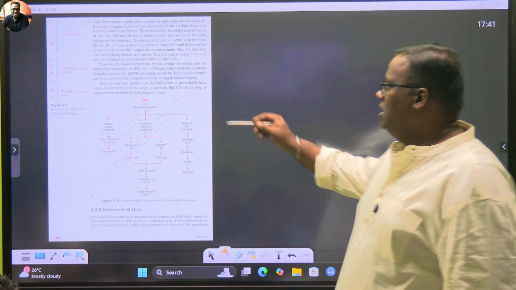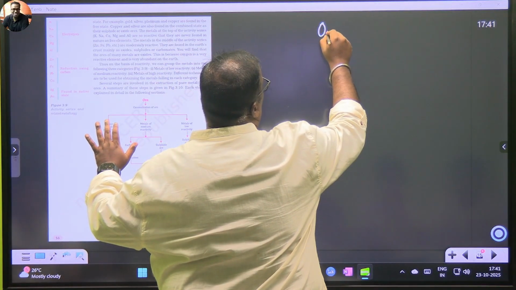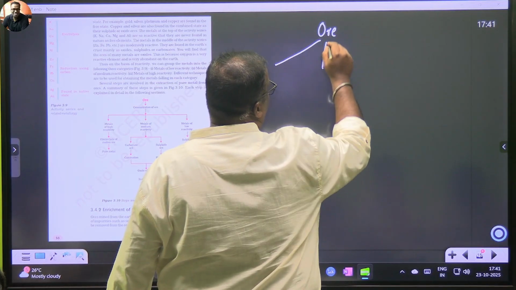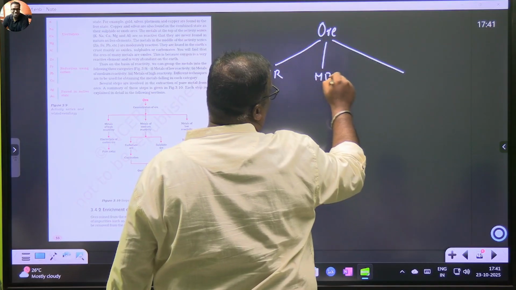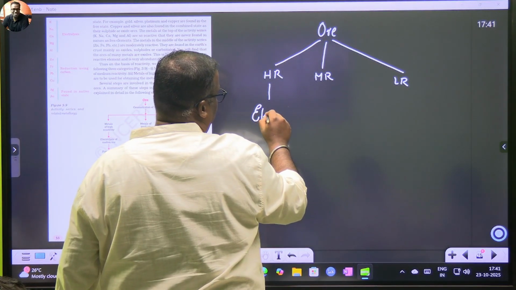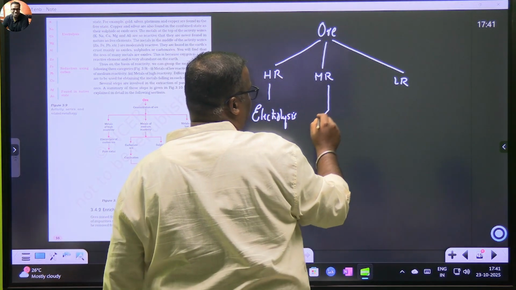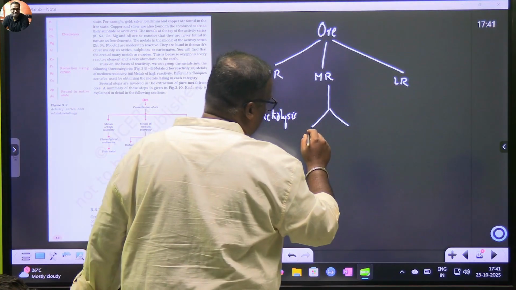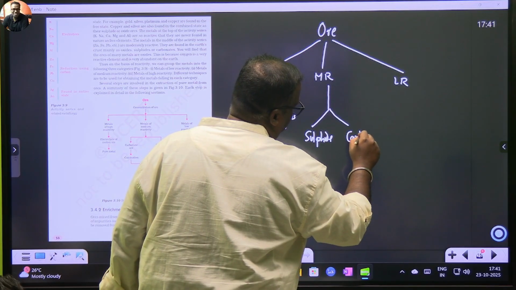So this is the flow chart which you should remember. Before we start, the flow chart is something like this: you have an ore. Always remember this. Ores are basically highly reactive, moderately reactive, and least reactive. If you are highly reactive, then electrolysis is your only savior. If you are moderately reactive, then we have to see how you are getting it. In our course, we will get it either as a sulfide or as a carbonate. This is where children get confused.